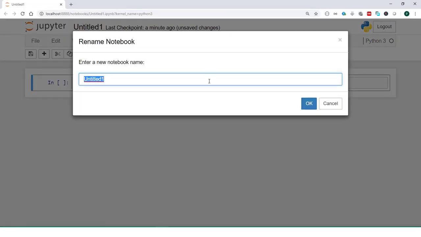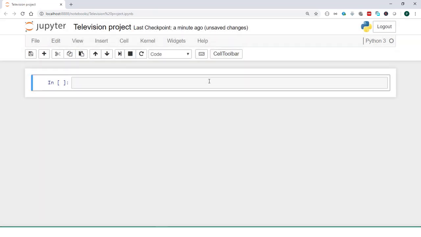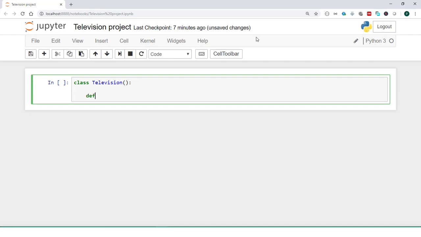So wait for what? Let us quickly jump into a Jupyter notebook to create the project on television using object-oriented programming with Python. Let us create a new Jupyter notebook and rename it as television project. We are going to start by creating a new class whose name will be Television, and this class will definitely have a constructor. How are we going to define a constructor? We are going to define a constructor by using